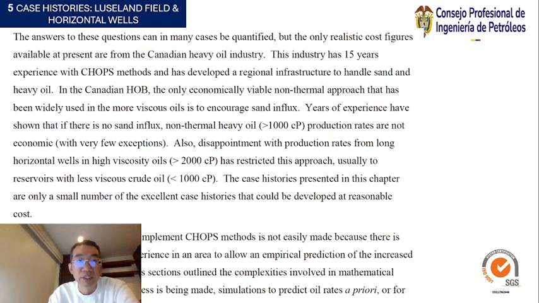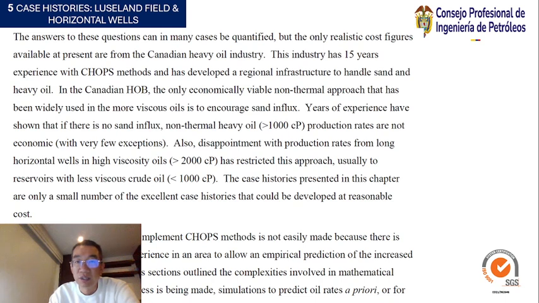The answer to these questions can in many cases be quantified, but the only realistic cost figures available at present are from the Canadian heavy oil industry. This industry has 15 years of experience with the CHOPS method and has developed a regional infrastructure to handle sand and heavy oil. In the Canadian HOB, the only economic